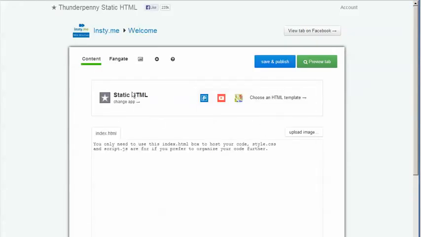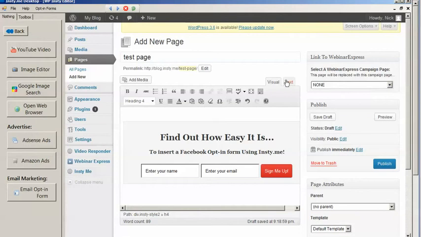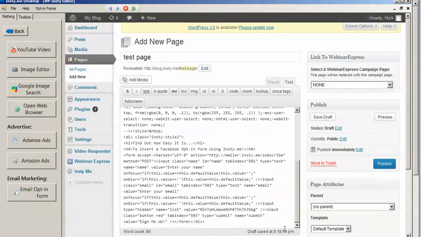And we can stick with the standard options that it sets up for us. It's going to give us the option to put in HTML code. And that's what we're going to want, because we're going to grab HTML code from our InstyMe desktop system and paste it right in. So I'm going to keep this page right here, and I'm going to bring the InstyMe desktop back. And I'm going to click over to text,